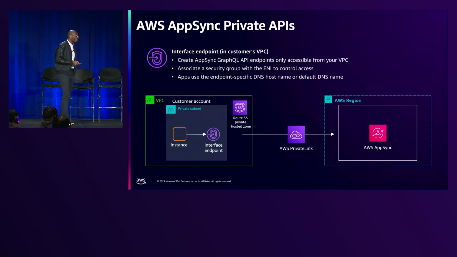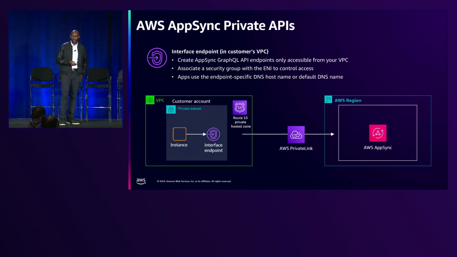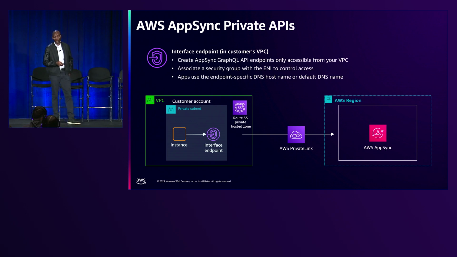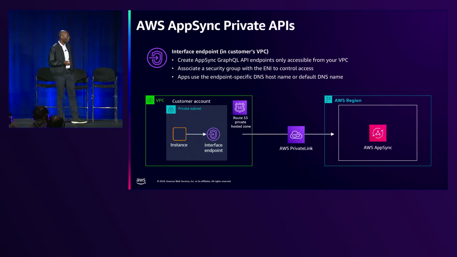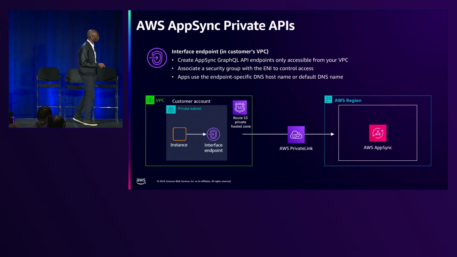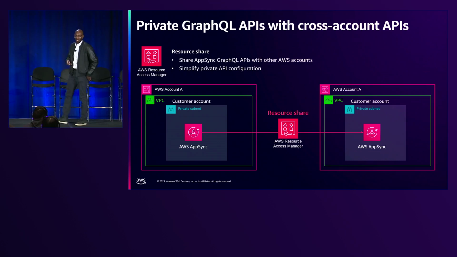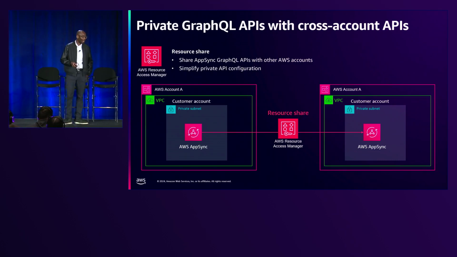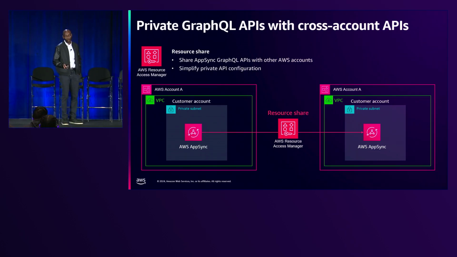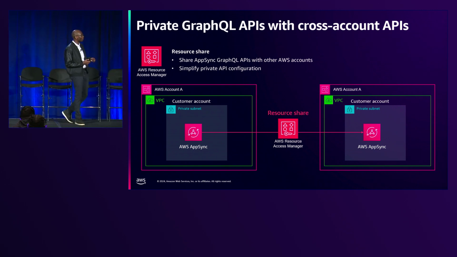One of the last features that I want to talk about is private APIs, a feature that is used heavily by a lot of our enterprise customers that have privacy in mind and that want to keep their APIs private. One of the features that was heavily requested for a long time was cross-account private APIs. Customers wanted to be able to create their APIs in a central account and share those APIs across multiple accounts. And so we released this feature maybe a week or two before re:Invent, and it uses AWS Resource Access Manager. So it uses the standard AWS way of doing things to let you share your APIs that are created in one